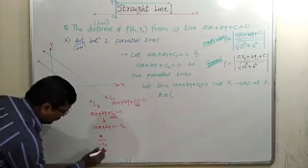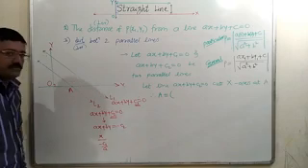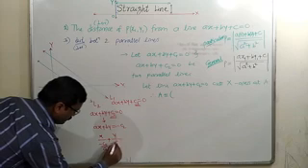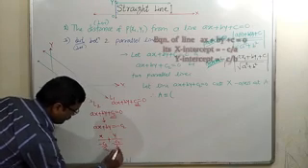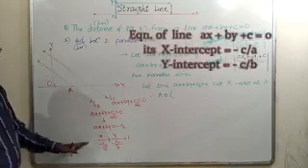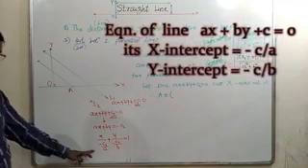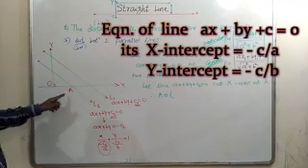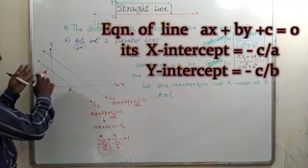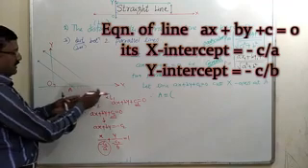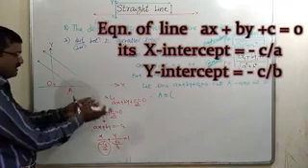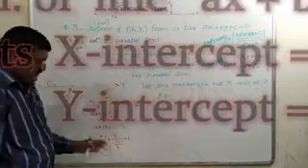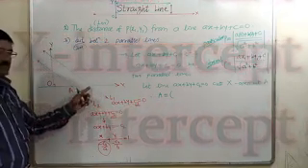Take this a to the denominator, it becomes minus c2 upon a, plus y upon this minus c2 upon this b, and it is equal to 1. So this is the equation of the second line in double intercept form, where this is our x-intercept and this is the y-intercept. But we need here only the x-intercept, because we want to find the coordinates of one point on either line L1 or L2. In the same way, we can find the coordinates of this point which lies on line L1 by converting this equation into double intercept form, so that we can find this point also.